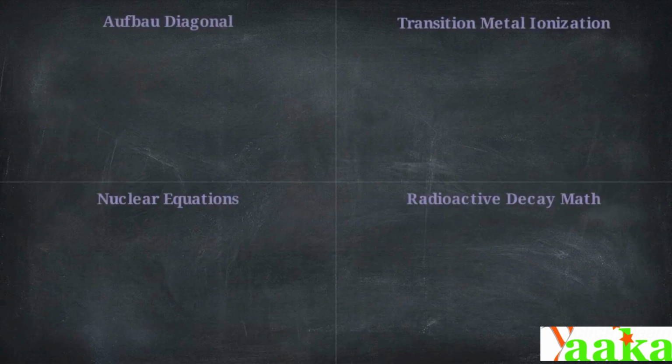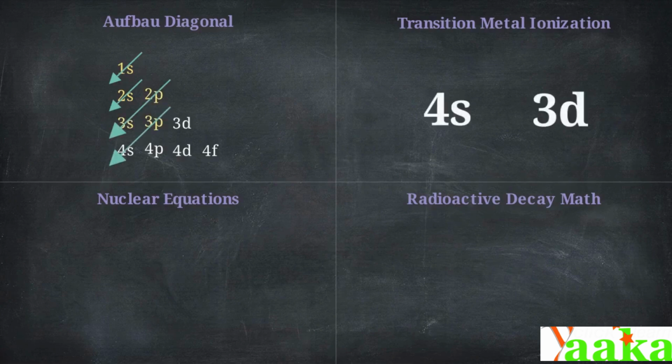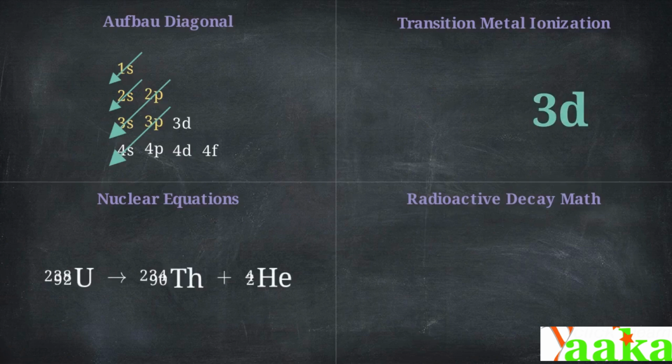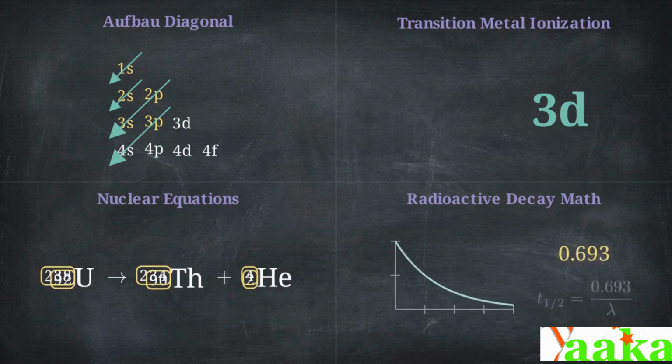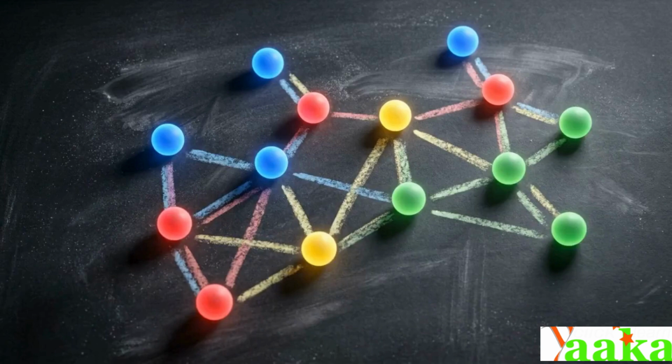Here are the critical rules to retain. Follow the Aufbau diagonal for base configurations, but remember that transition metals empty their 4s subshell before their 3d subshell. In nuclear equations, always balance the mass and atomic numbers, and use the 0.693 constant to relate half-life to the rate of decay. Mapping the electron cloud allows us to engineer new chemical compounds, while measuring nuclear decay lets us